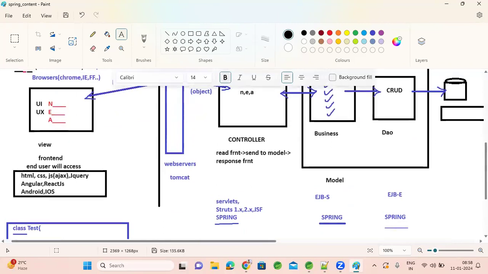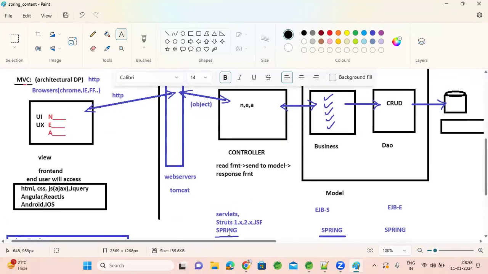To design applications in MVC architecture, now we are learning Spring, but before Spring, don't we have any alternatives? Yes, we have many alternatives in Java. Spring became more and more popular from 2010. Before that, we had other frameworks like Struts, JSF, and Servlets, JDBC, different stuff, to implement MVC-based applications. And for front end also, nowadays Angular, React, and mobile applications became more popular.